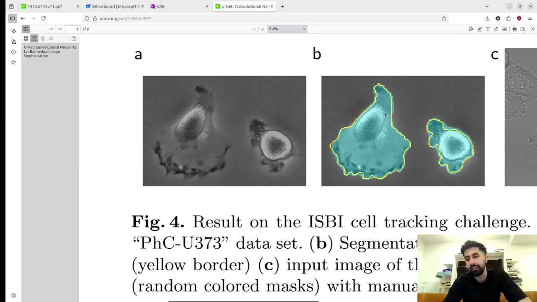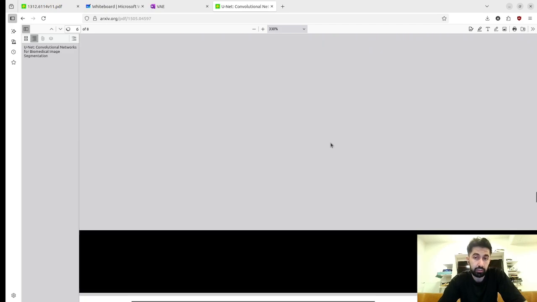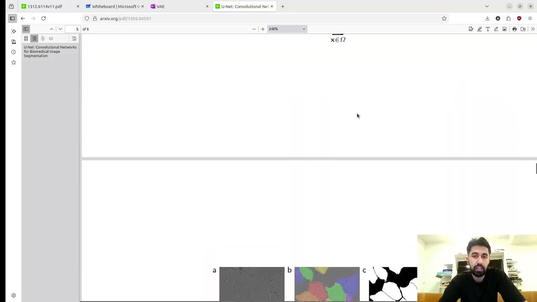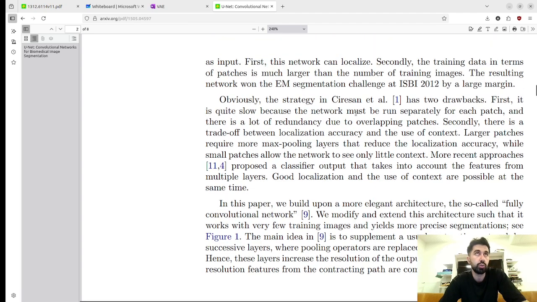Now actually here it outputs three colors: the border with yellow, the inside of the cell with blue, and the rest black, but it's the same thing. So this is what the UNet tries to achieve, and it actually achieves it in a really great way. It actually revolutionized